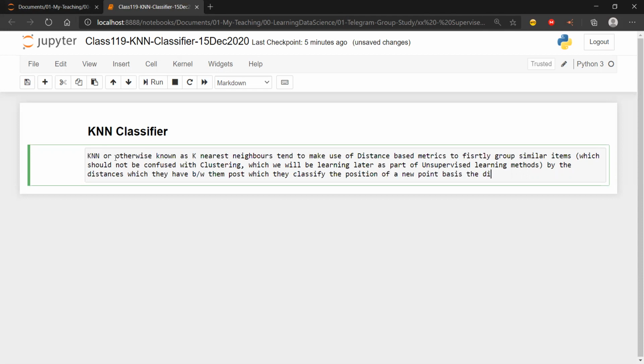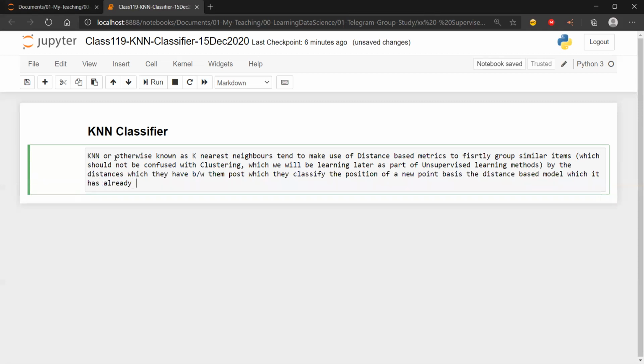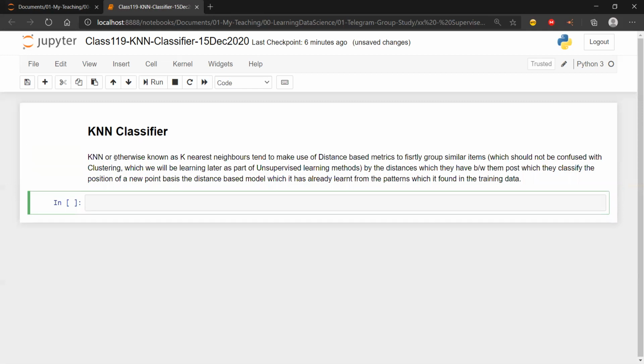This is the distance based model which it has already learned from the patterns it found in the training data. The overall way in which we are going to run the algorithm is just the same. In some cases it may even sound boring because we are again going to do the data selection, data description, data analysis, and then model training.